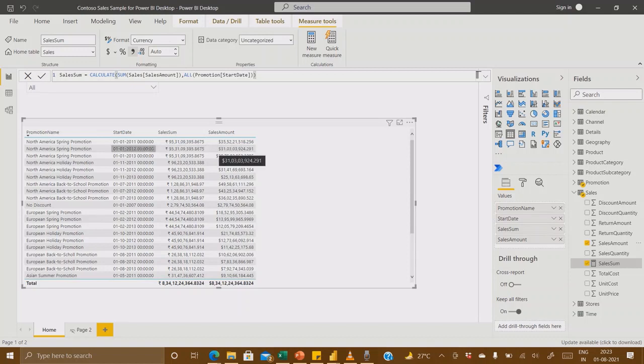But what if we want to see the sum of all the North America spring promotion or North America holiday promotion? In that case we use a measure. You can see that for all the North America promotion, the measure is the same, the values are the same. This is where the context and filters come in, and this is where the requirement of a measure comes.